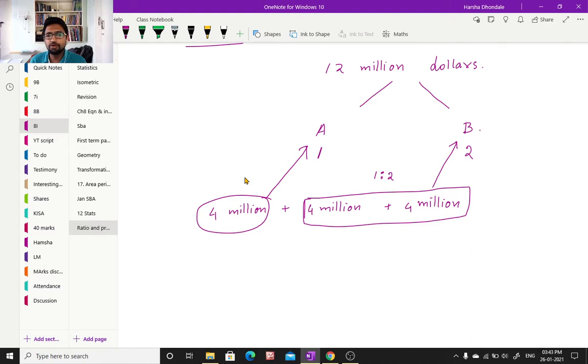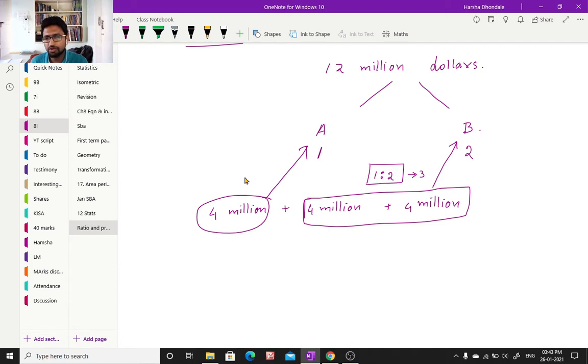Now, how did I know that I have to divide this 12 million into three parts? I knew that because the total of 1 and 2 gives me 3. Based on this, I decided that I have to make it into three parts, and one part goes to Mr. A and two parts goes to Mr. B. So this is the basic idea of ratio,